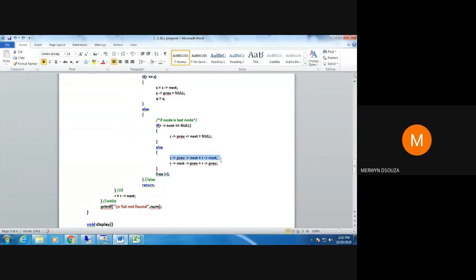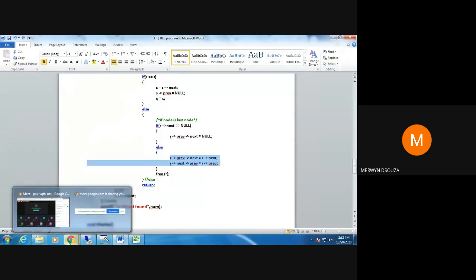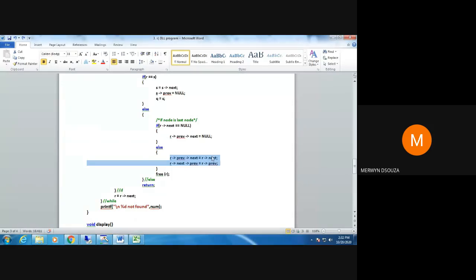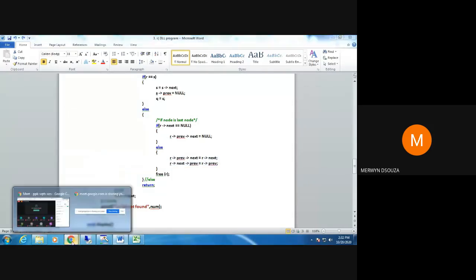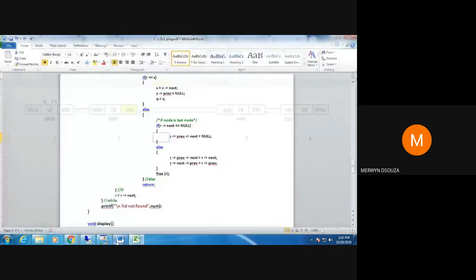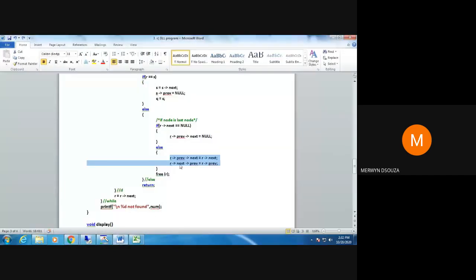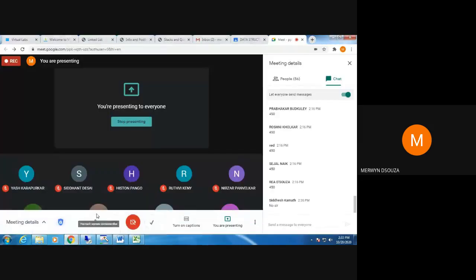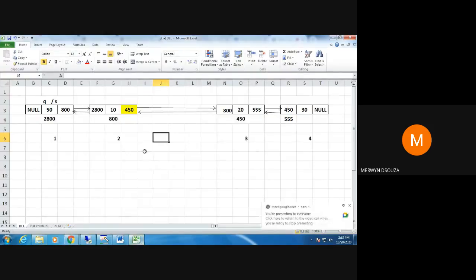Have you all understood these two statements? This is a slightly different way of writing the code, but it's not difficult. Does anyone want these two lines explained again? Is it okay with everyone? Okay, explain again.